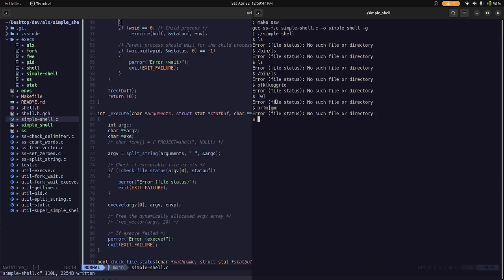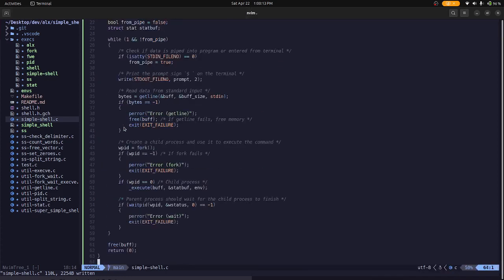So if you have a string that ends with a new line and you are now reading from after the new line, you will see nothing. You will not see anything, and that's why I'm getting this error. Even if I type /bin/ls, I'm getting this error. Why? Because there is a new line at the end, and my function is reading from after the new line instead of before it. So in order to solve this problem, if I go back,